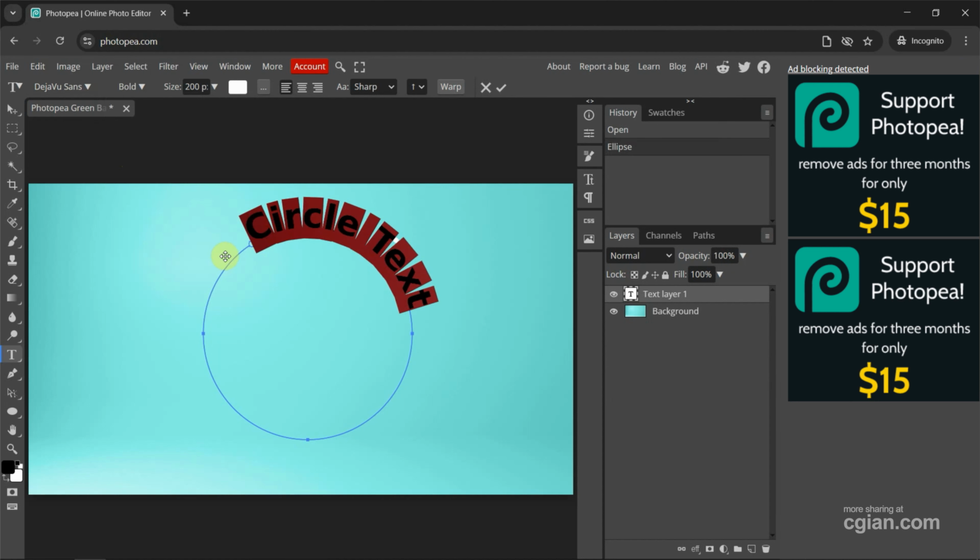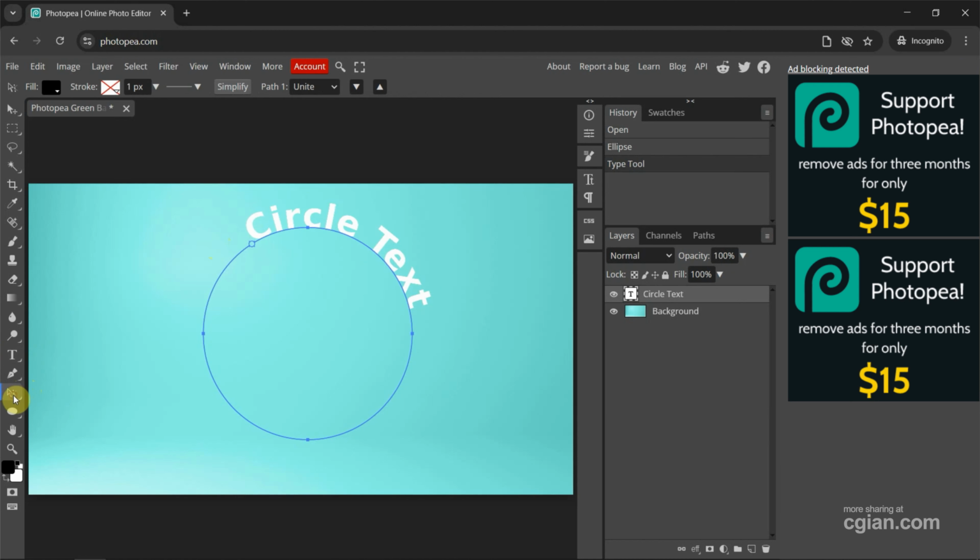Next, if you want to move text on the circle path, we can switch to path select, and then we can click and drag the small cross to move it. And then we can move the circle. This is the end of the text. So we can adjust the positioning to change to bottom and change to the top.